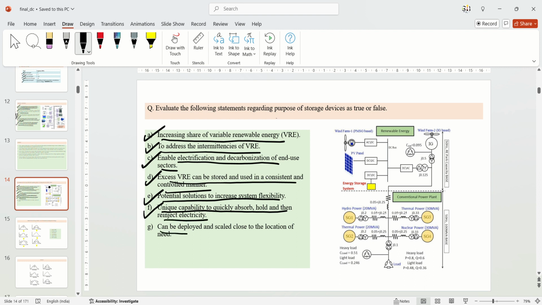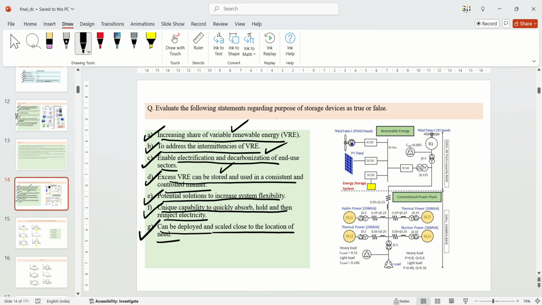Next statement says it can be deployed and scaled close to the location of the need, that is also true. So all the statements related to the storage devices are actually true. It handles the increased share of variable renewable energy resources, it is also capable of addressing the intermittencies, and third, it is also helping in the electrification and decarbonization. Excess VRE can be stored and it will be given when the generation is